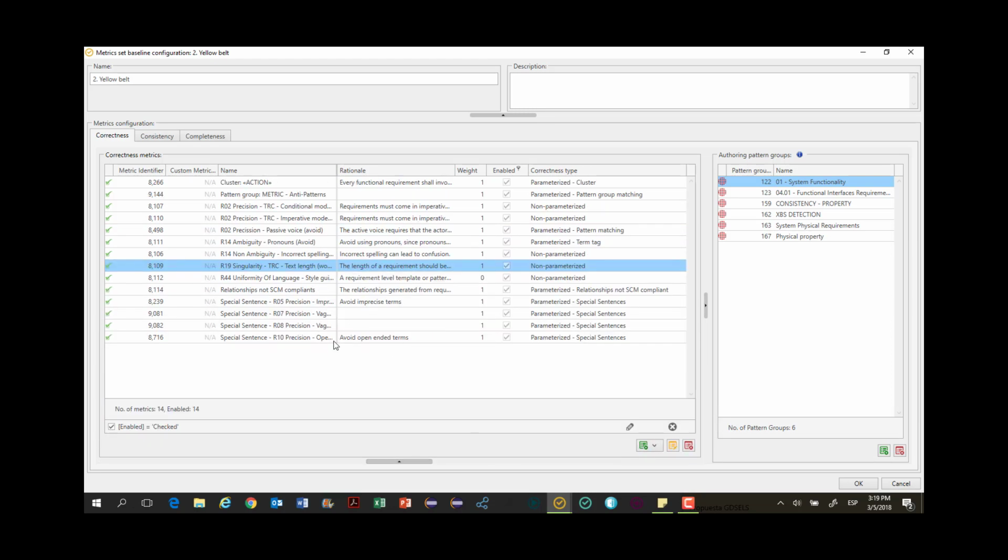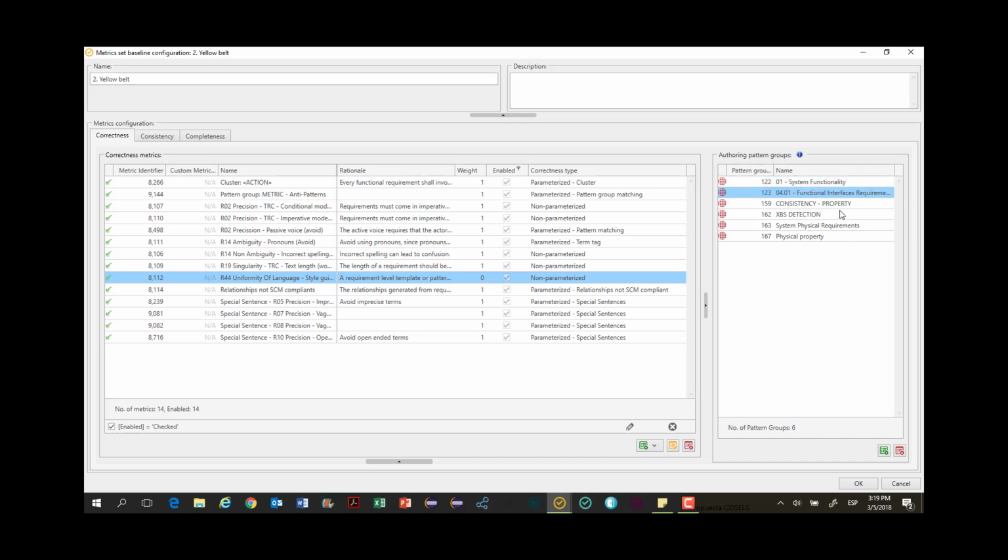The rest of rules that I have included, I want my requirements to follow a specific set of patterns, and the patterns that I want to follow can be tailored and customized in here. In this right-hand side of the screen, you can set up what are the different types of requirements or different types of patterns that you want your requirements to follow. So I want system functions, I want interfaces, I want